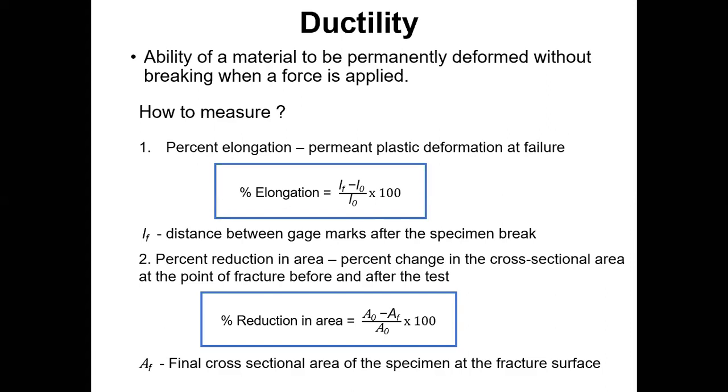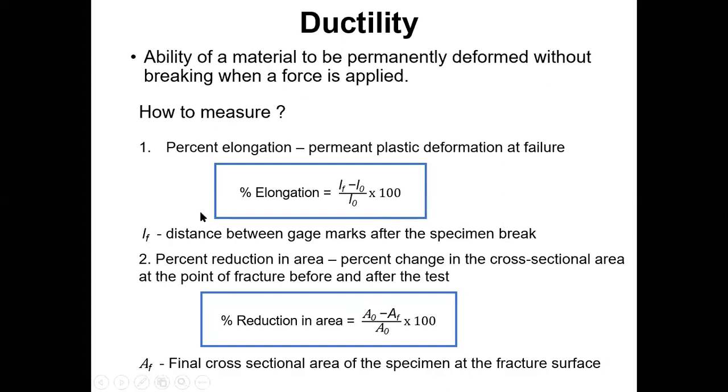But a metal, when we apply a force, we can stretch it permanently. That means it is permanently deformed, right? So we define ductility as the ability of a material to be permanently deformed without breaking when a force is applied, right? So how to measure? We can use the information from the stress strain curve also,